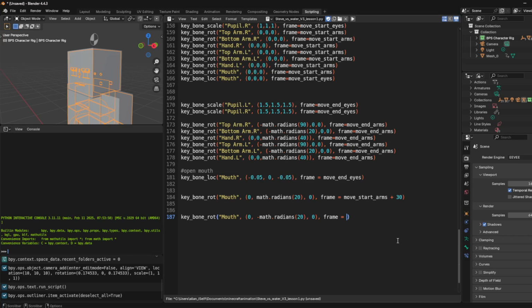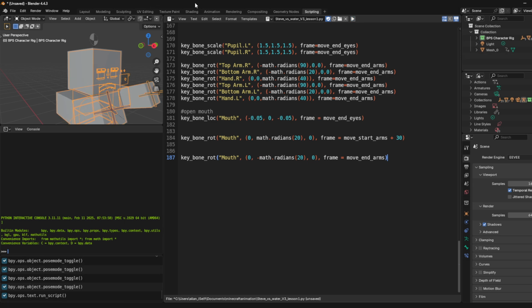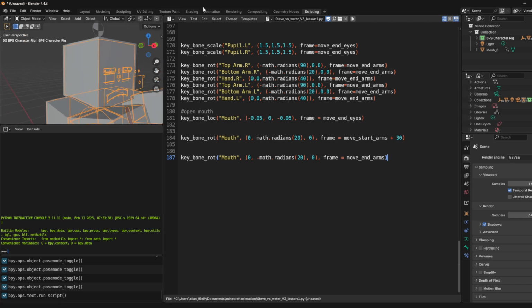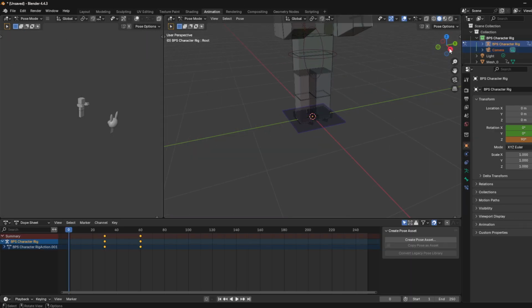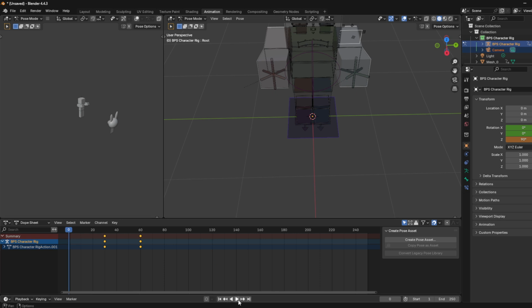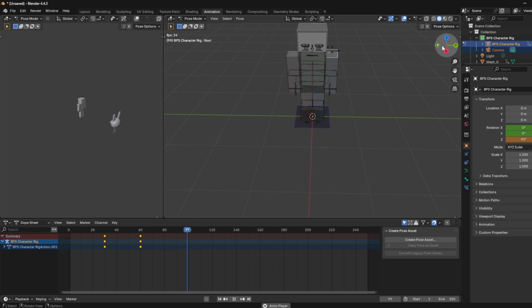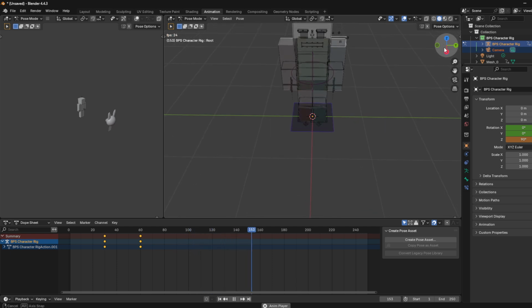I'm changing mine to move and arms. Alright, so if this runs smoothly, you can already see, look, it's not happy. It's opening its mouth and becoming happy, and then